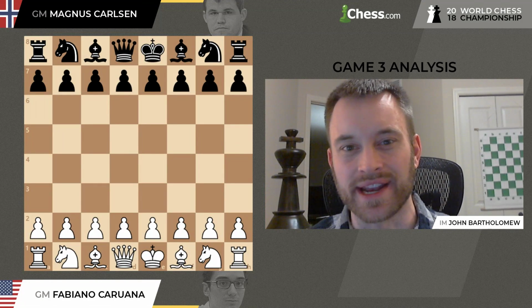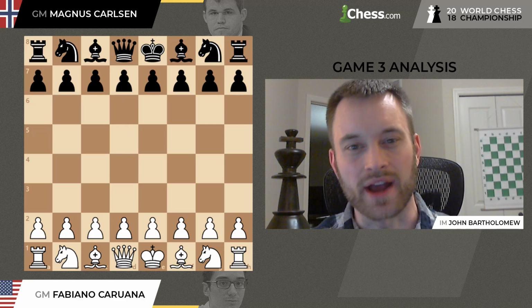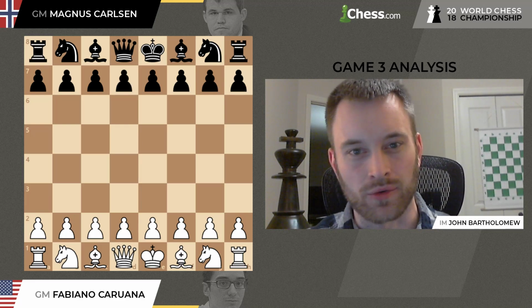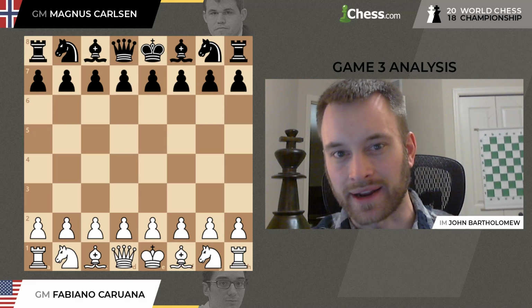I'm here with Game 3 analysis from the 2018 World Chess Championship in London, England. We had our first color repetition of the match today, as Fabiano again has the white pieces after having white in Game 1. That's how it works, you alternate colors. Except for the middle part of the match, Magnus will get double white because he's black in Game 1 and